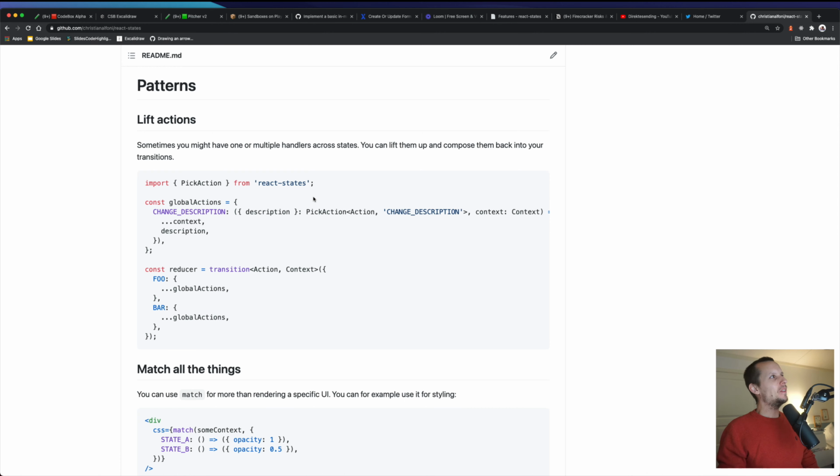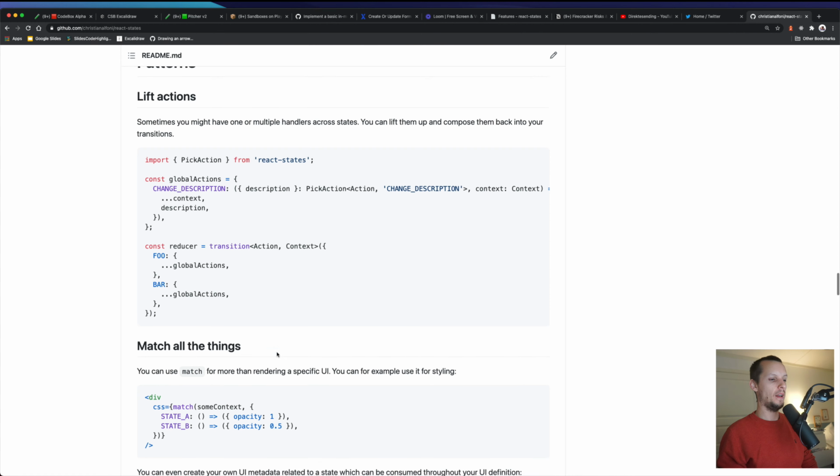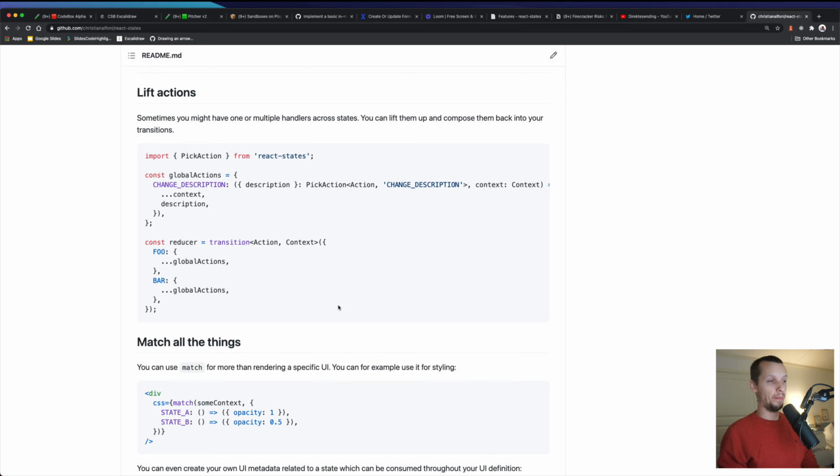But that is not really the case if you really understand the underlying tool. To use React states and the architecture of this, which I'm going to talk a little bit more about, you really have to know React. You have to know the primitives of React, how React works. But then you rather have these patterns that help you make your code more explicit and constrained.